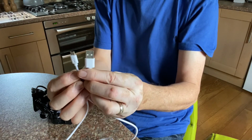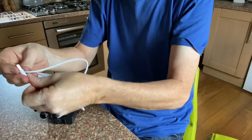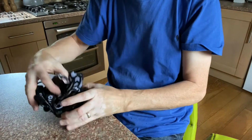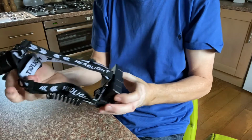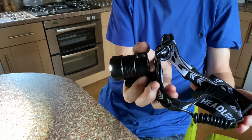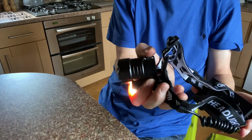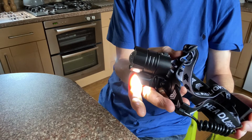As you can see, this is the USB cable, quite a good length, so it's easy to place the head torch somewhere, and just pop it into a USB port. It's made of aircraft grade aluminium. The switch on the top is a good quality, you can feel when you press,